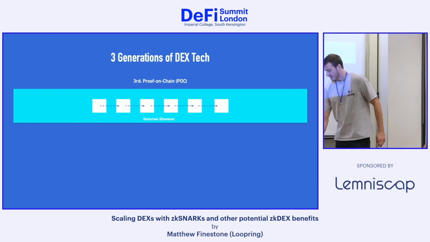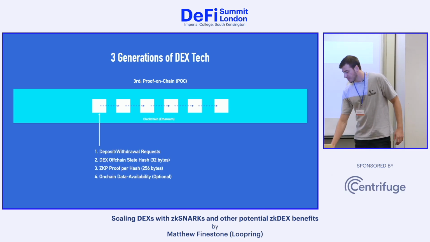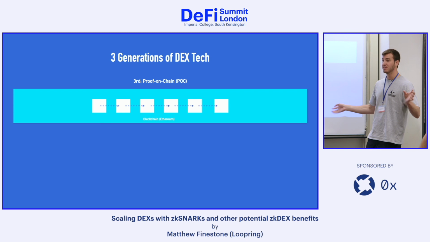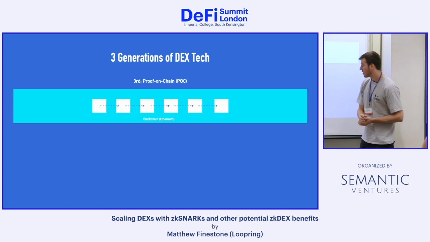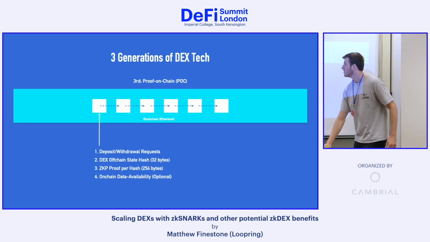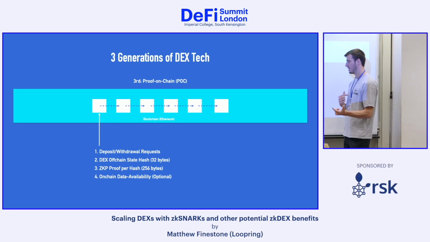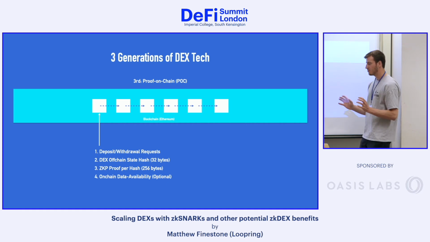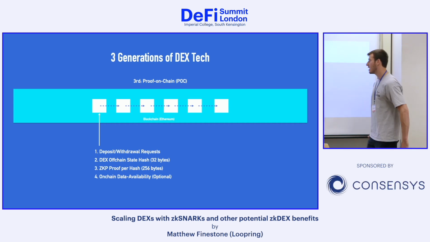So where we do absolutely everything off-chain. Just like before, order books hosted off-chain, matched off-chain, now even settled off-chain, put into like a big batch, proven in a zkSNARK, and just that proof is put on-chain. So what we have happening on-chain is deposit and withdrawal requests to kind of enter the account system of a DEX. You have to make an on-chain deposit, and then you're created like an account in an off-chain data structure, a Merkle tree in this case.